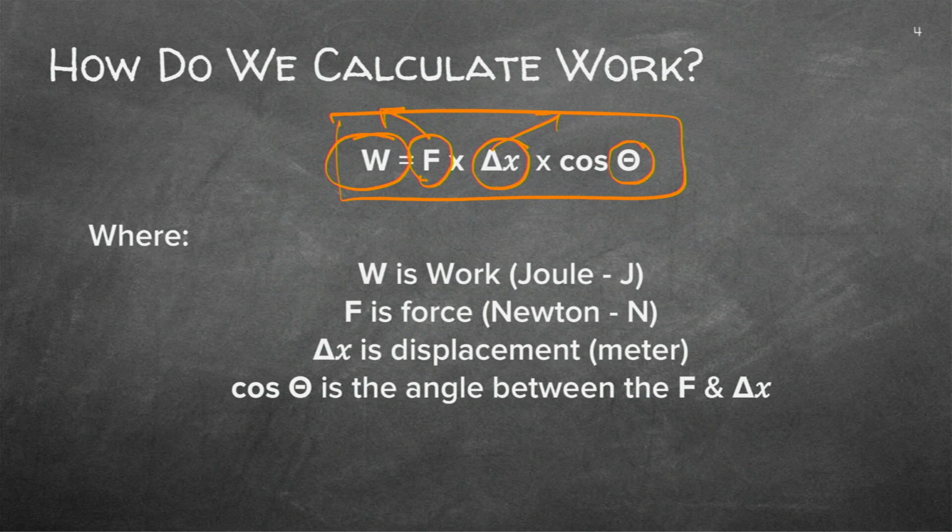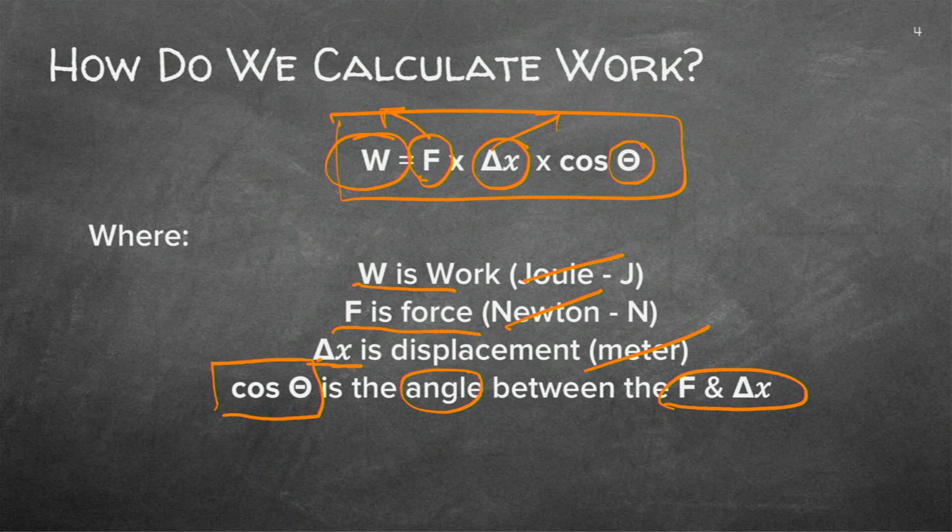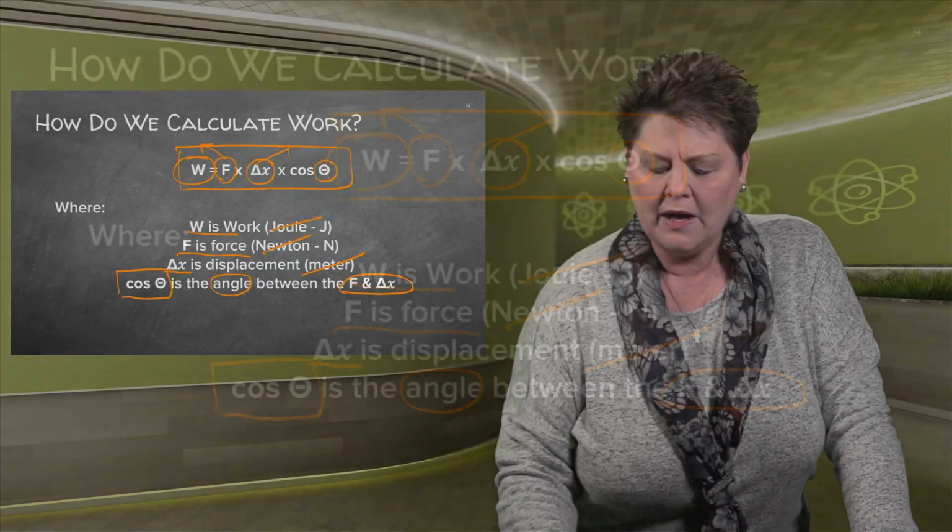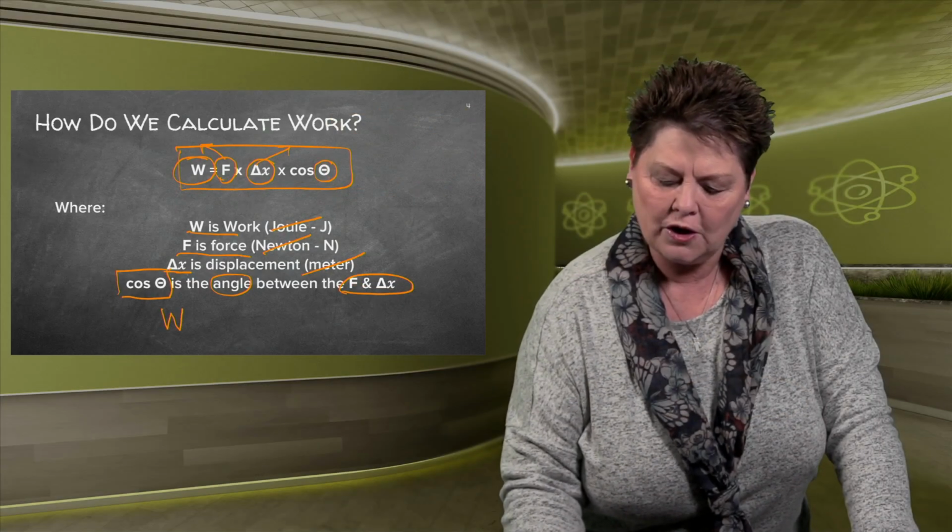So just let's have a look. It's the work done, and remember work will be in joule with the force, which will be in Newton, and the displacement, which has to be in meter. Very important that you know the units because you are going to get units that you have to convert first. And then, as I said just now, the angle between the force and the displacement will be signified with the cos theta function. I usually go and I write the equation as follows.